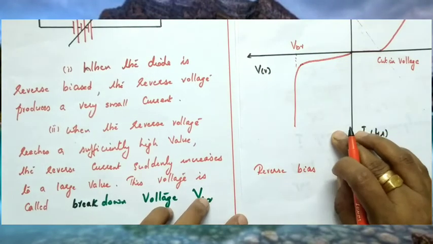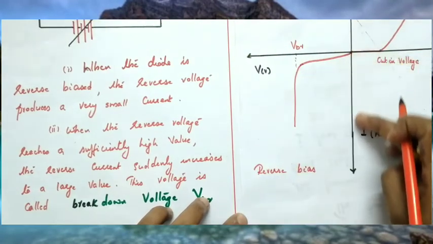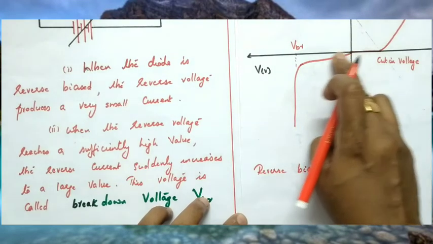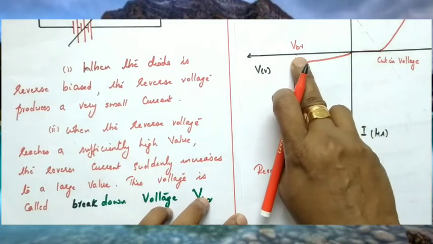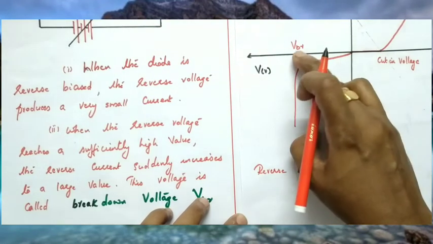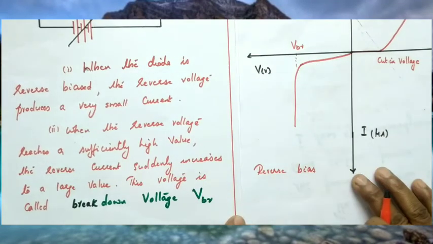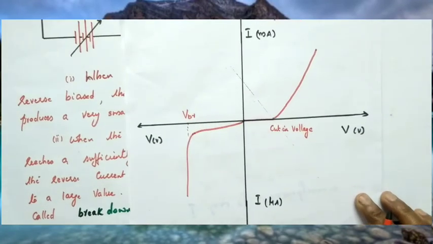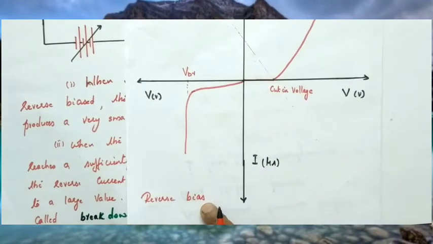So this is the reverse bias graph. Here this represents the reverse voltage, and along the negative y-axis is the current in the order of microampere. As reverse voltage increases, current increases very slightly, and after reaching a particular voltage called the breakdown voltage, current increases abruptly. Here voltage remains constant and current increases suddenly, and that voltage is called the breakdown voltage. So this represents the voltage-current characteristic of a PN junction diode: in the first quadrant, forward bias; in the third quadrant, reverse bias.